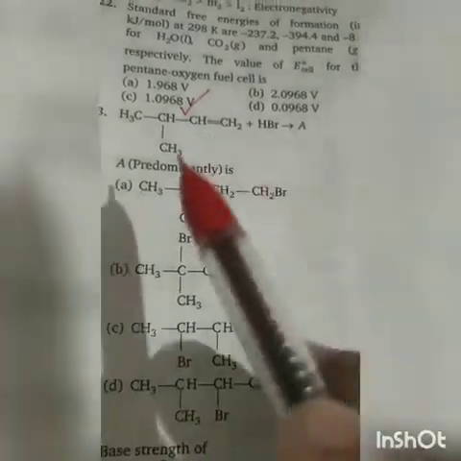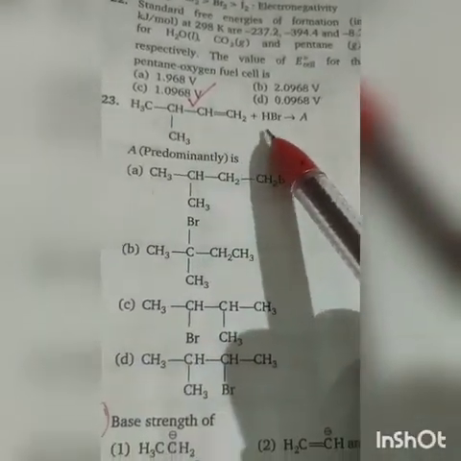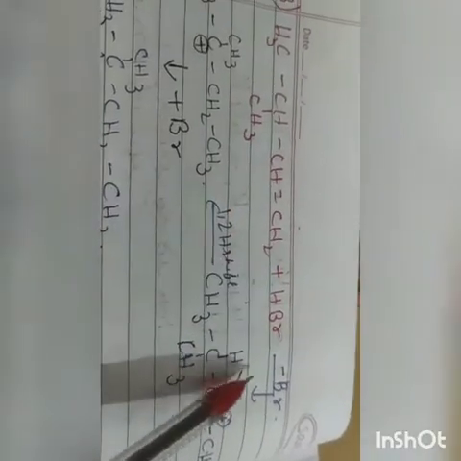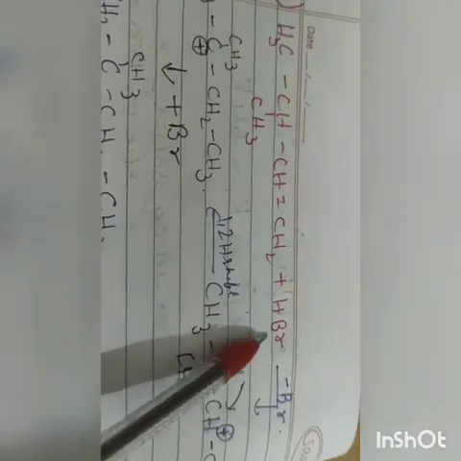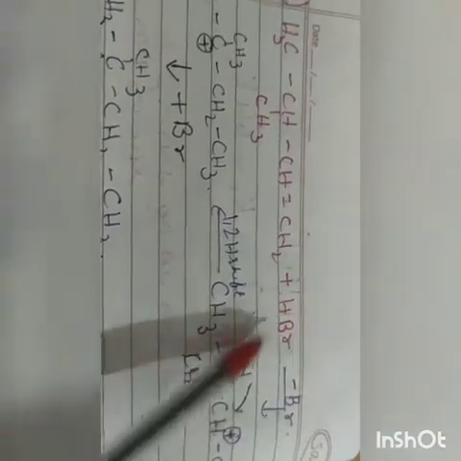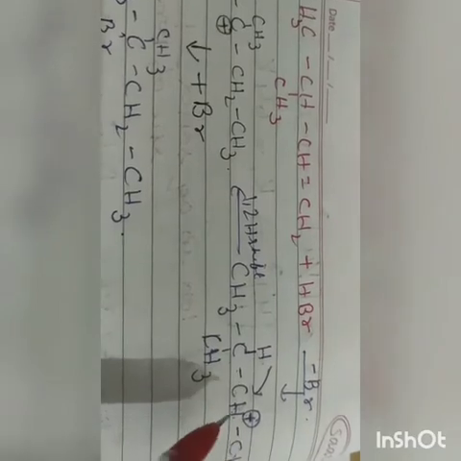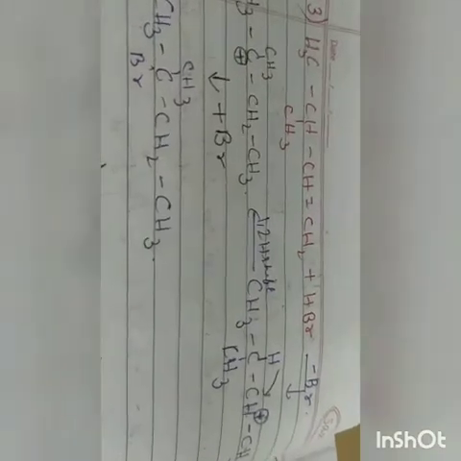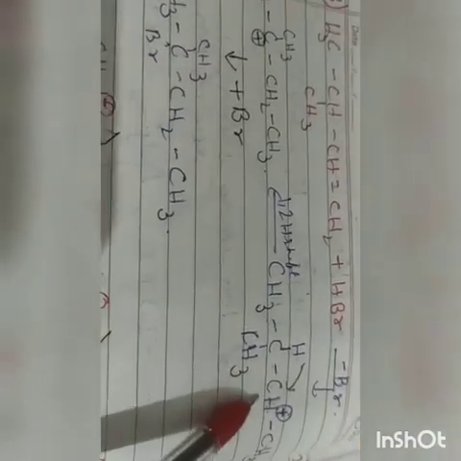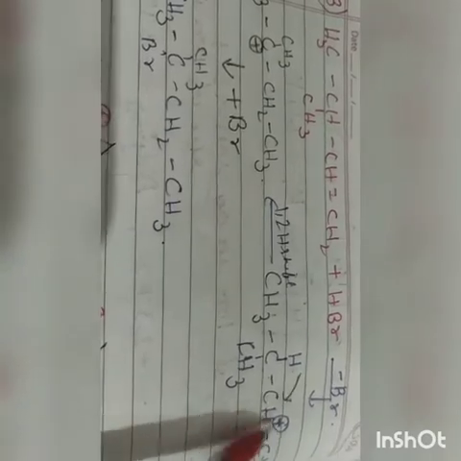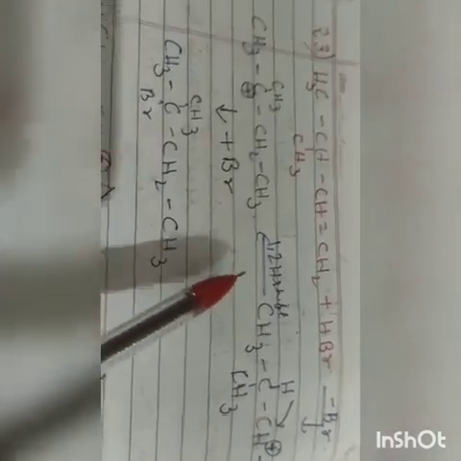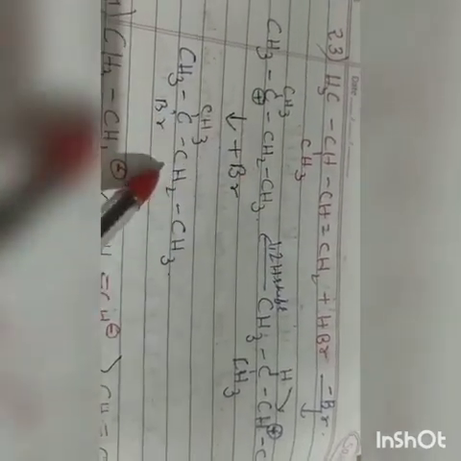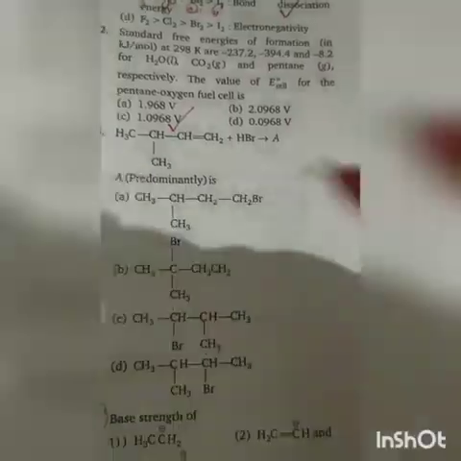Now this is a reaction written here in which we will mix HBr. So let's see what is A. So this is the reaction, in which HBr will react and H plus will attack. So here a carbocation forms, which is not stable. So there will be a 1,2 hydride shift, and this will be the carbocation. Then here Br will attach. So our correct option here is B.